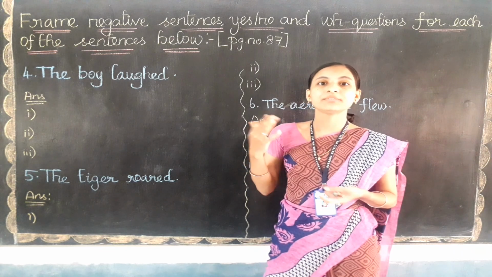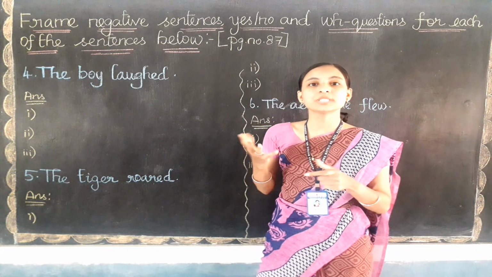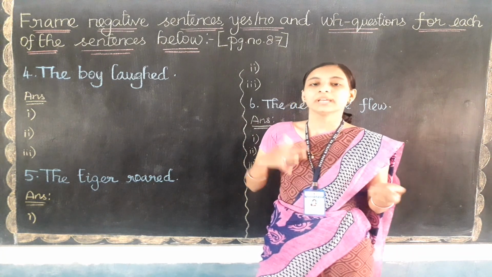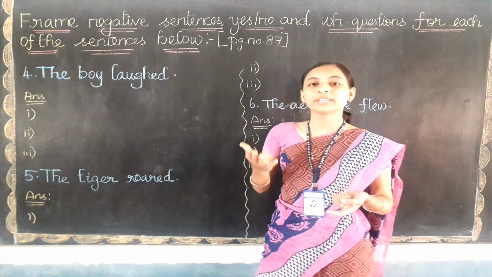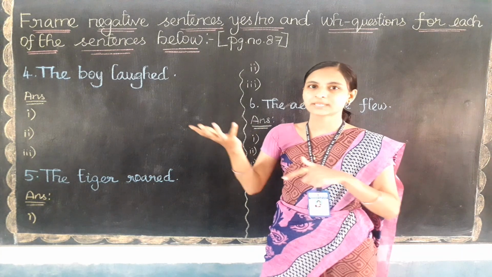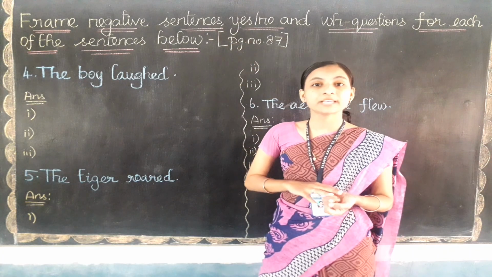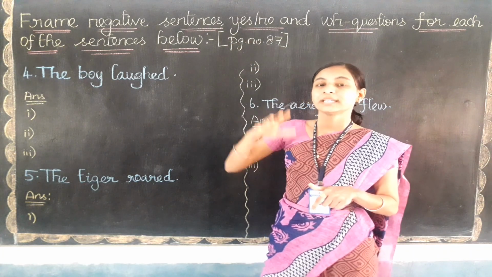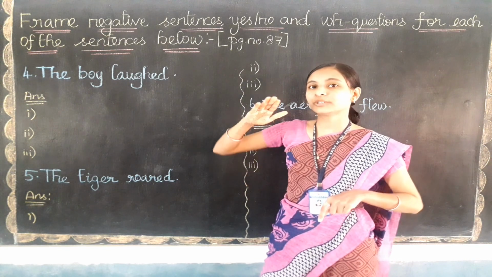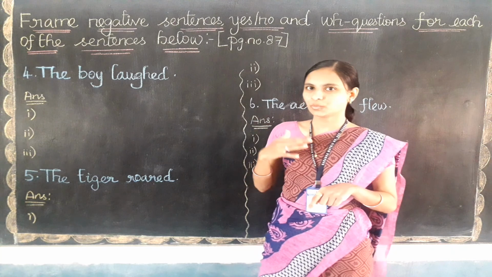Keep in your mind that whenever we use the do family verb, we need to use the base form verb only. We should not use any present form verb or past form verb. Whenever we use the do form verb, we need to use the base form, the actual verb which doesn't act as present or past, the normal verb only. Okay, and let's take the recap on the yes or no question. In a yes or no question, if there is no auxiliary verb, we use the do family verb, I said, right? So did will come first, and then the subject, and then the base form verb and all other words. Clear?